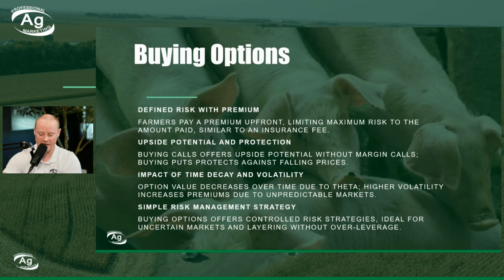So I think that's something worth mentioning with options: it's not one-to-one, so to say, with futures. If I bought futures and the price of corn went up 10 cents, your option didn't necessarily go up 10 cents. So this is where it starts to get a little bit confusing.